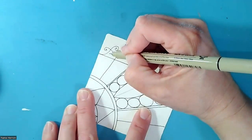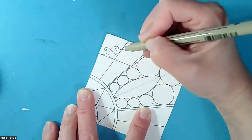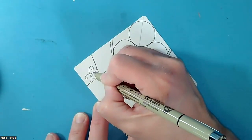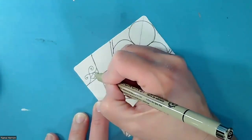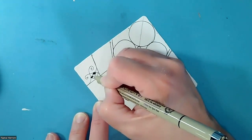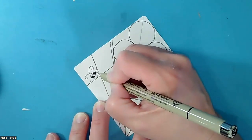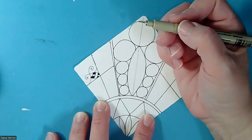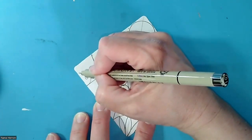And then I'm going to fill in these curves to make a B shape. I'm going to rotate so that I can fill in some stripes. And for this one, I like to do my bees first. I'm going to ink in some of these stripes, leaving kind of a shine in there, like that. Mucha Bee 8 has a lot of detail, but I think I'm going to finish off